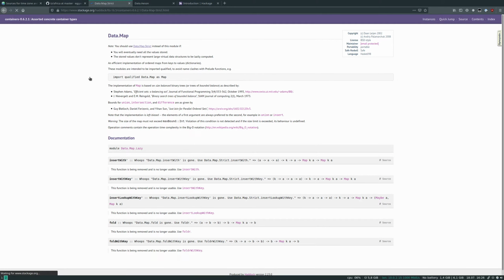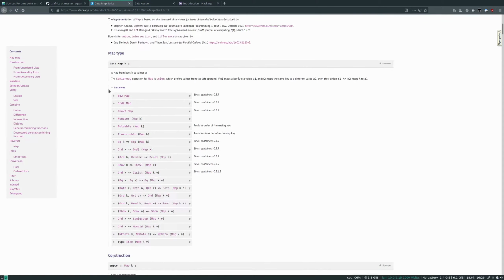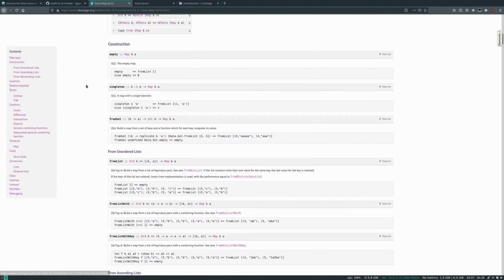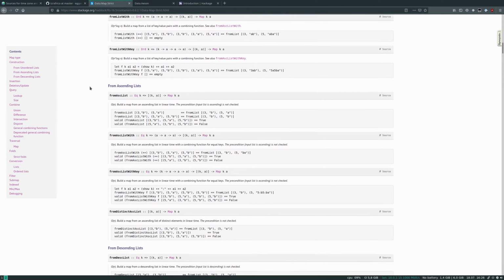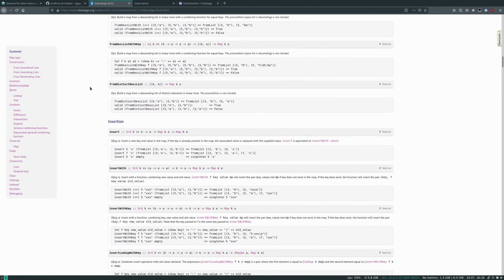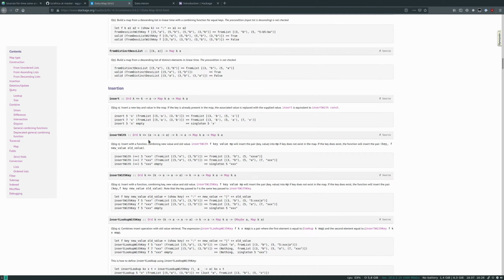Yes, I want to use Data.Map.Strict. I think maybe insertWith. Yeah. Is what we want.